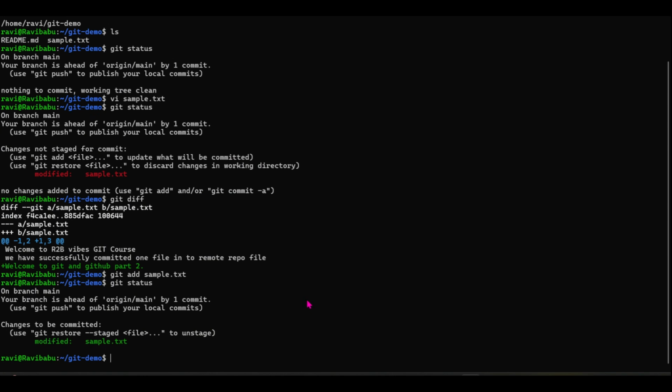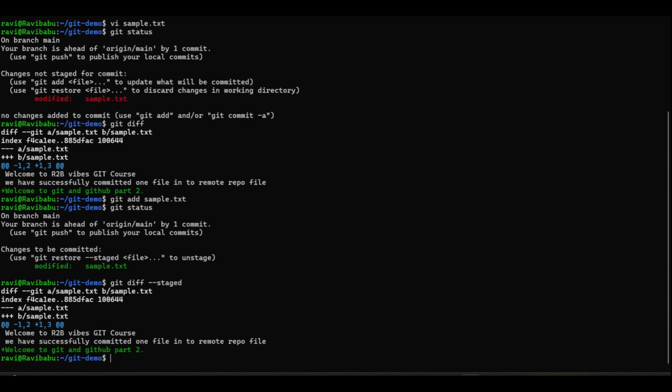Okay. Now we will see another option in the same git diff, --staged. Enter. So git diff --staged shows the changes that are currently staged and ready for our next commit. This is already staged, so it is ready for commit. Okay,